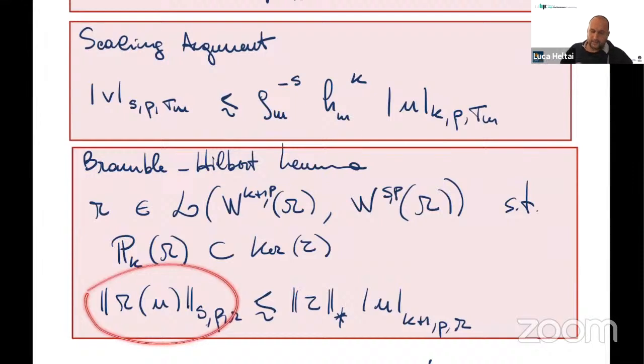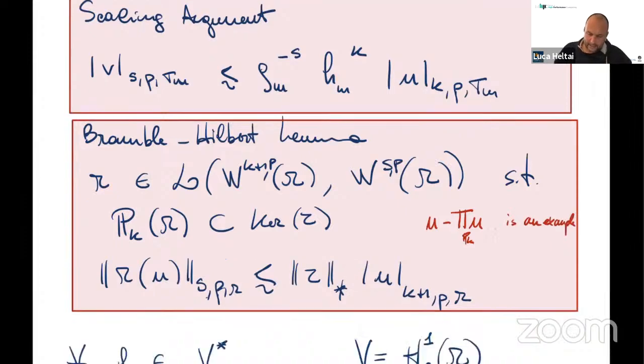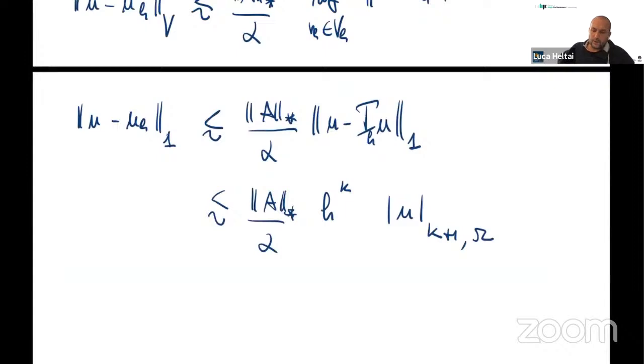Okay. And the reason is because we are exploiting the estimate that I've just shown here. So I'm applying this to the interpolation operator. The interpolation operator is an object that, if you are in a finite dimensional space which is derived by polynomial spaces of order k, then the interpolation with respect to the order k has its kernel in tau. So if you take, in particular, u minus the projection of u onto P_k, this is an example. Okay, so in this particular case, if you take the local projection of u, actually the interpolation of all functions u on the finite dimensional space, if you restrict those interpolations to each one of the single elements that make up the domain, you would get over here the sum over all the interpolations on the